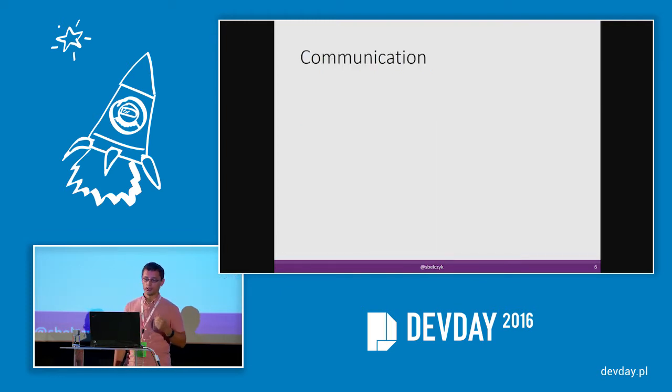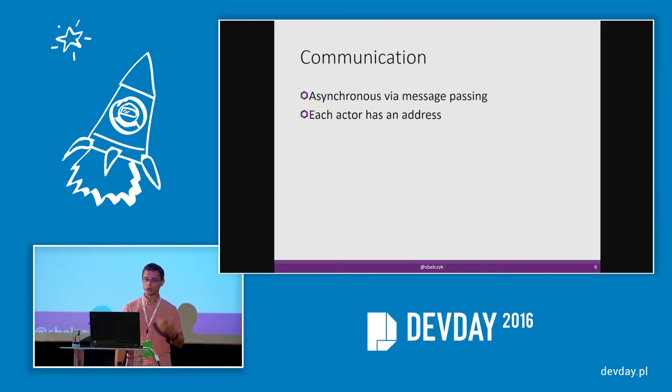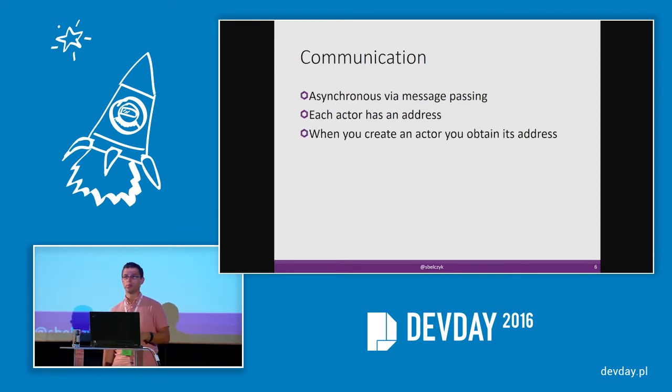OK, now let's talk a little bit about communication. As I mentioned, in the actor model, the communication is asynchronous and via message passing, which implies that each actor has an address, because I need to know to whom I'm sending the message. And you can obtain this address when you create another actor. It's the same as with objects. When you create an object, you get a reference to it, right? You can also get the address